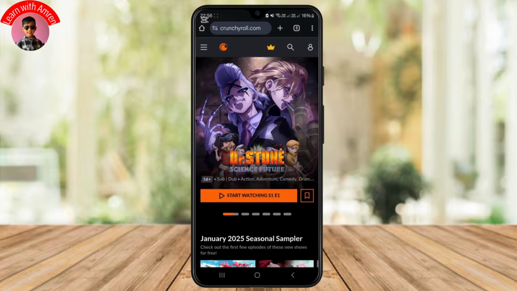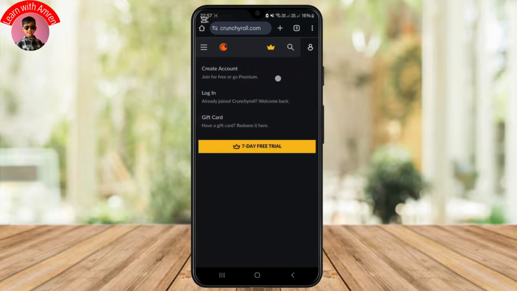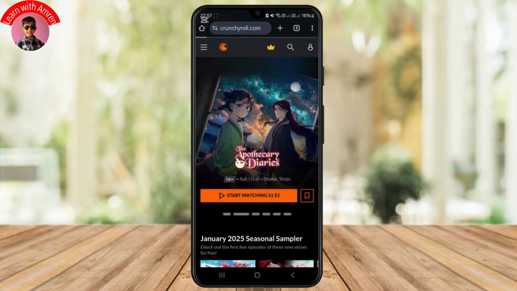And from over here simply click on this top right corner, that is your profile section, and once you're inside here you can either log in or create your account. Now since we're creating our account, simply click on this create account option